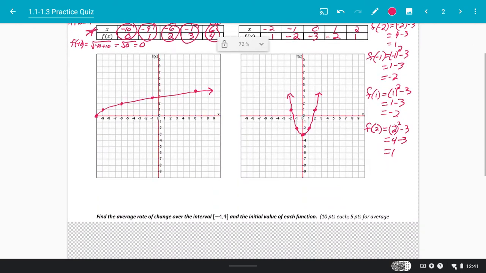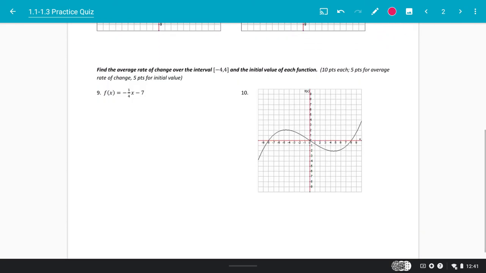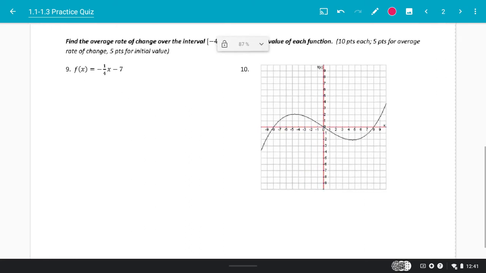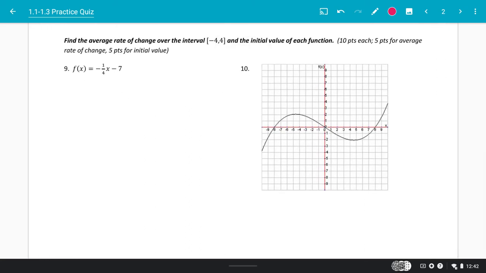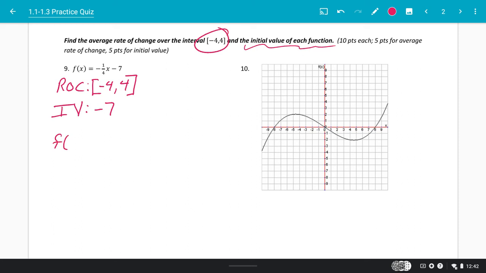And finally, moving on, 9 and 10. Now, 9 and 10, I have to find the average rate of change from -4 to 4 and the initial value of each function. Okay, so rate of change from -4 to 4 and my initial value. Well, let's just be honest. My initial value is super easy. It's -7, right? Now, let's find f of -4, which is -1/4 times -4